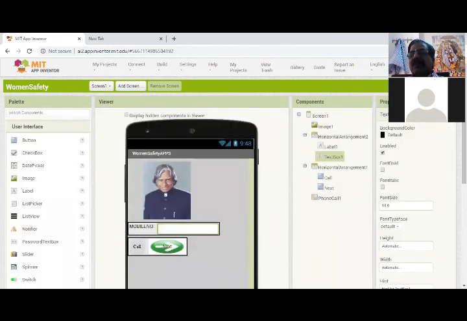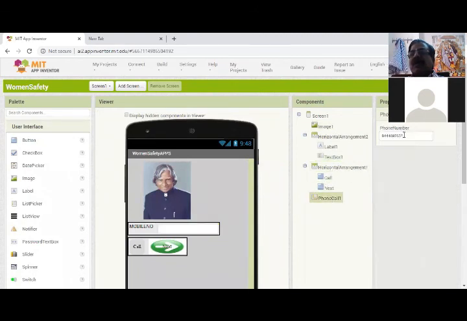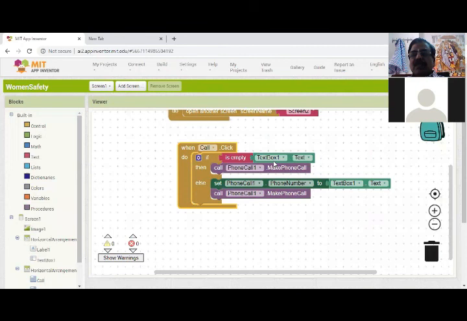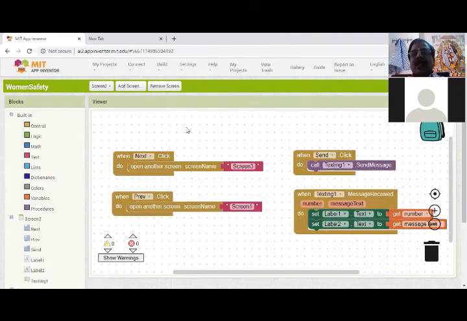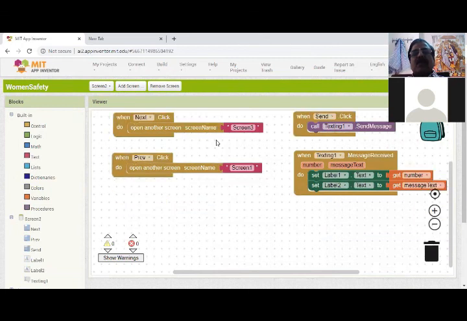I will show the design part. Here we can say phone call. What is the number? I am going to use my own number. Suppose you want to call somebody else, you can do it block-wise. If the text box is empty, I am going to make a phone call to my number, or you can use some other number in the text box. If it's not empty, it's going to make the call to somebody else. So this is screen 3.